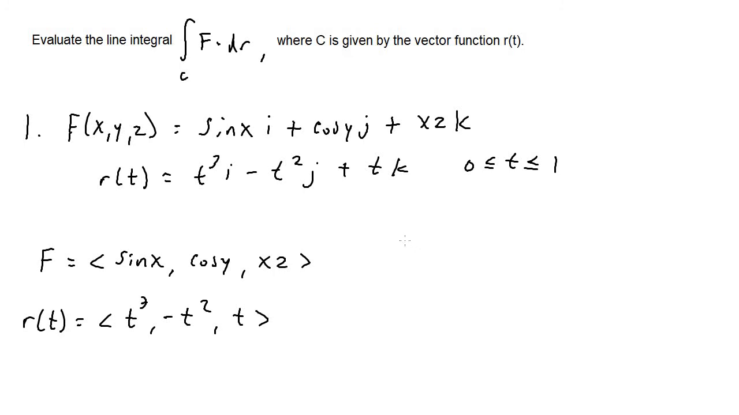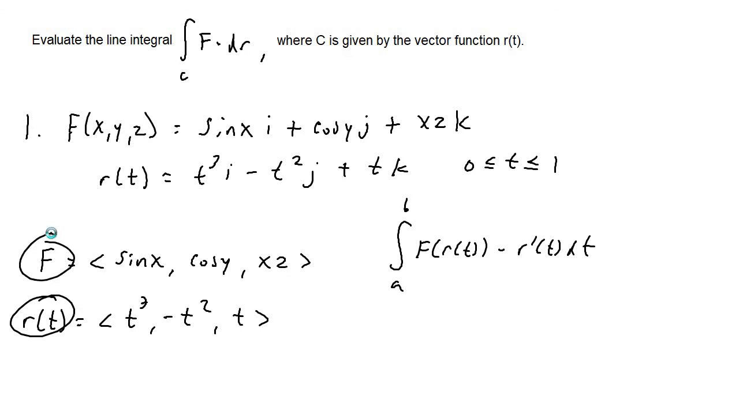So once again, what we need to do is find the integral from a to b of f of r of t. We need to take the dot product of that and r prime of t dt. So in order to find f of r of t, we need to plug in the vector function into the vector field. So the x component is t cubed, so I'm going to plug that in everywhere that has x. So we have sine of x and x times z. So we have f of r of t